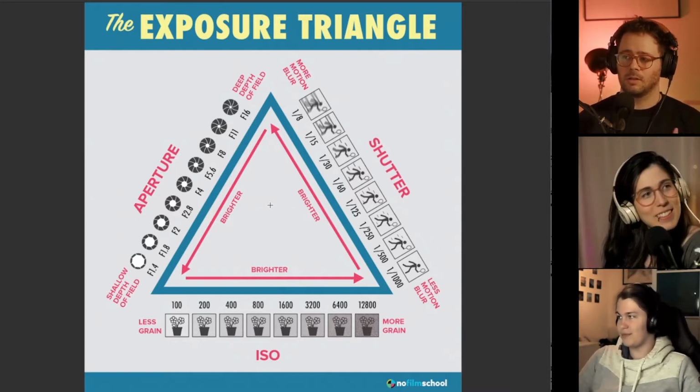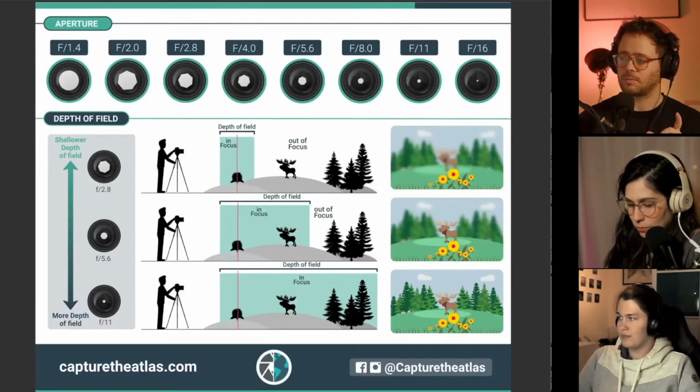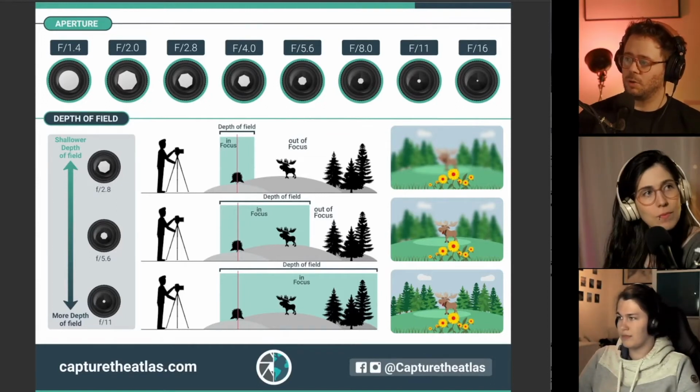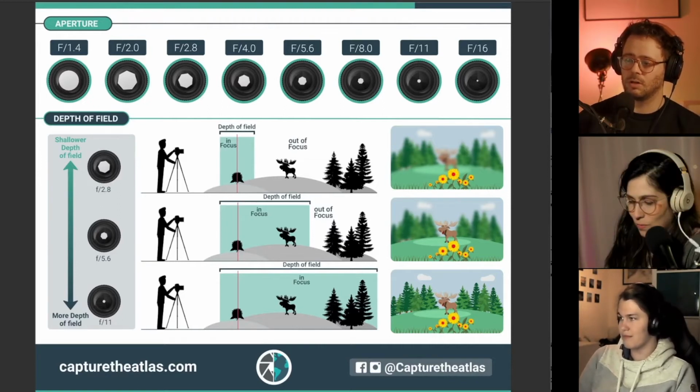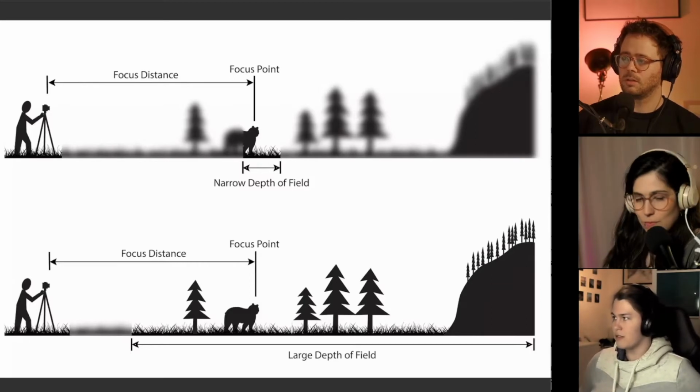Now, I'm going to jump to a different slide because I think there's something that is often missed. And let's talk about depth of field. Janet, what do you think? Do you want to use this slide or this one maybe? I think this one is easier. All right, start.